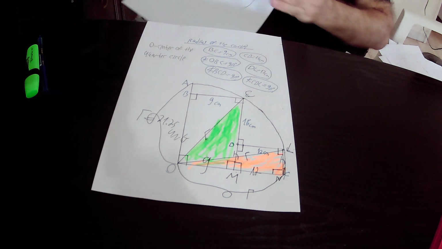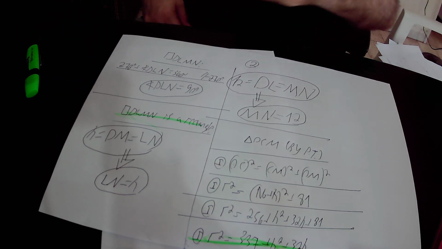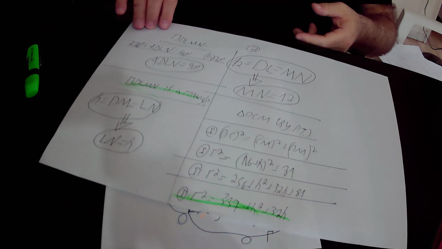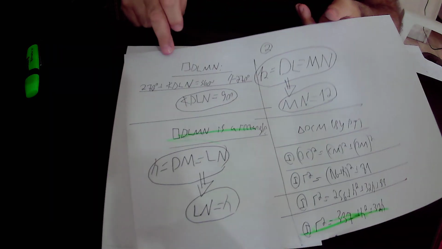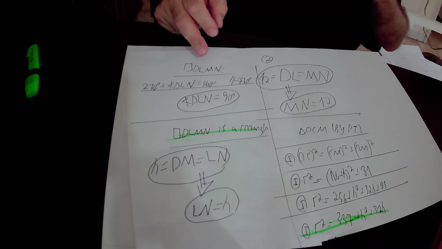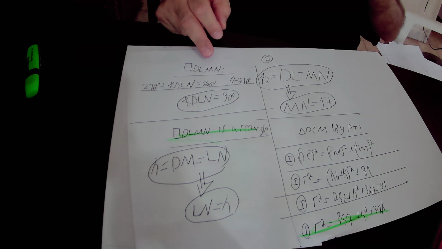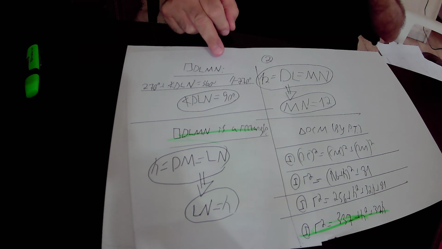And the sum of 3 right angles is 90 times 3, that is 270 degrees, plus the size of the fourth angle, that is angle DLN. In total, the sum of those 4 angles must be equal to 360 degrees, according to the rule that the sum of the angles in any quadrilateral is equal to 360 degrees. So here we subtracted 270 degrees from this equation, and we found that the missing angle, angle DLN,